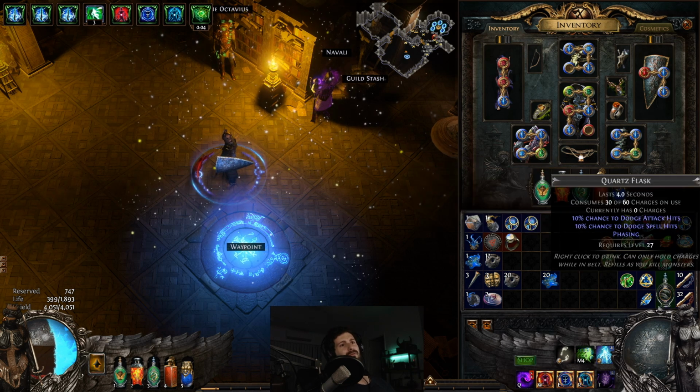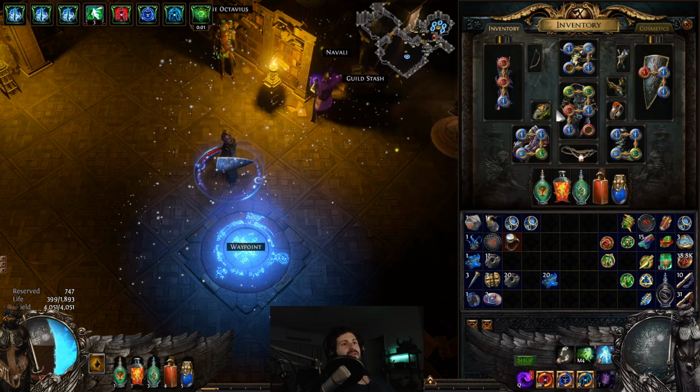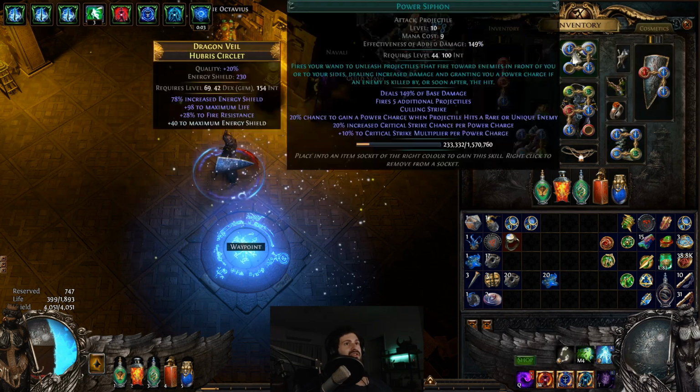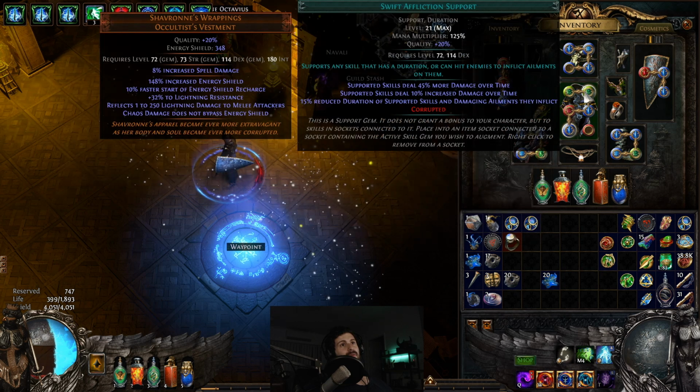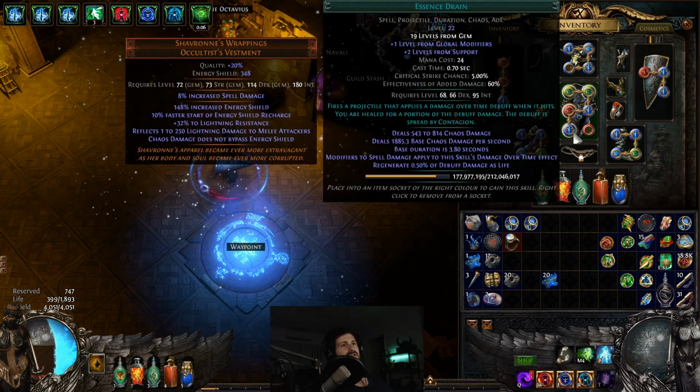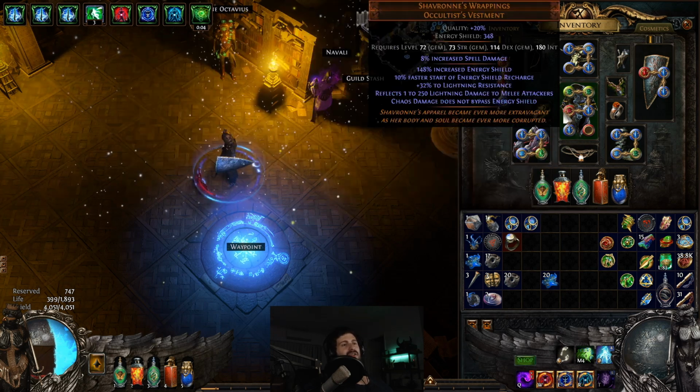I'm going to run a T14 or T15 map with crap gear. This is the absolute shittiest gear that I could put on this character. Nothing is leveled up properly. Everything is balls up. I've got 21 gems from my Toxic Rain character, but we're under leveled on Spell Slinger. Essence Drain's only leveled up because